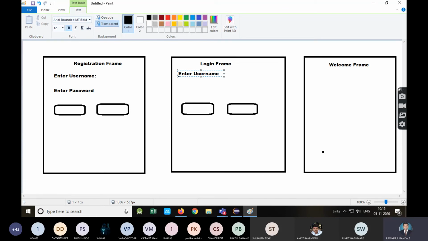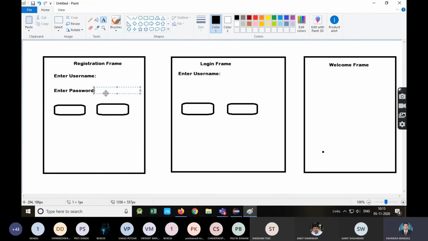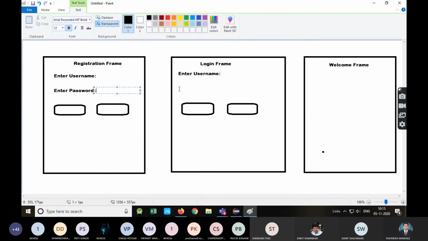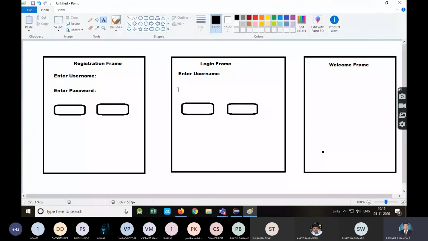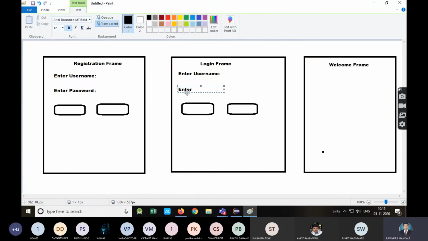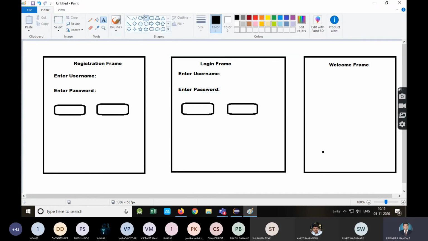See, these are the labels. This design I'm going to add, and there will be text fields.